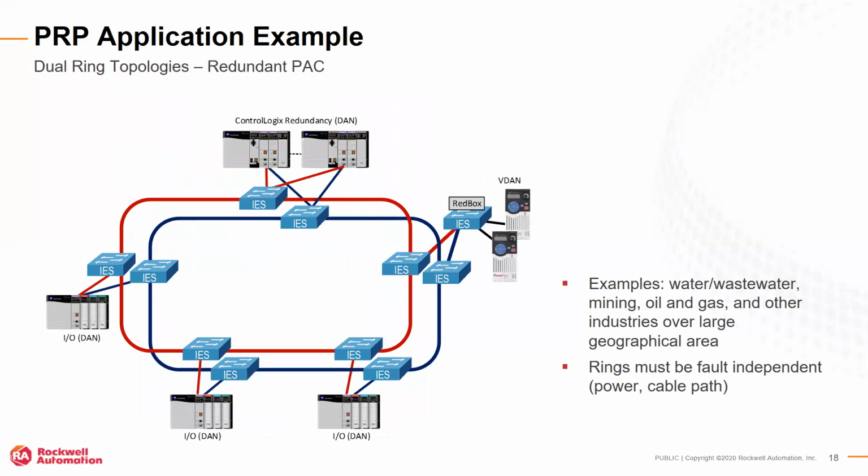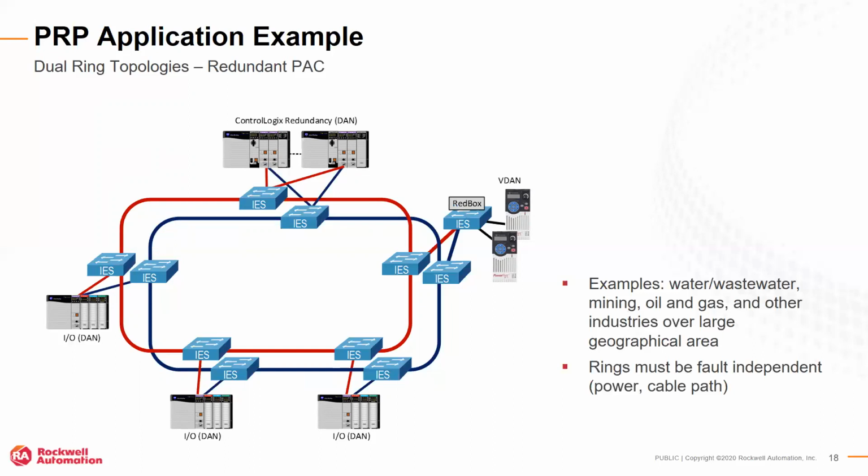Another use case example, and one that we see fairly often in the process industries, would be a dual ring topology. What you see here is that at each IO location and at the ControlLogix Redundancy location, you have two sets of switches, and those switches are independent rings that communicate over PRP. Also, you do have the ability to add a RedBox to the ring if you wanted to connect things like drives or HMIs or anything else that is not directly PRP